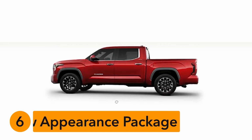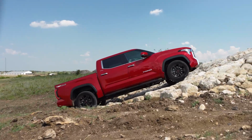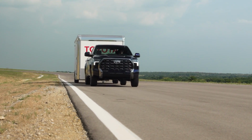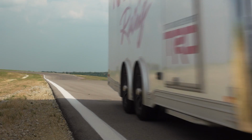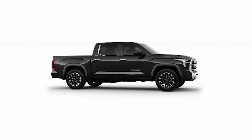Number 6. New Appearance Package. Styling is definitely one of the ways the current generation Tundra stands out from the crowd. It may not be everyone's cup of tea, but it definitely attracts a lot of attention with its massive grille and robotic design approach. And now, it can get even more attractive as the company brings a new appearance package